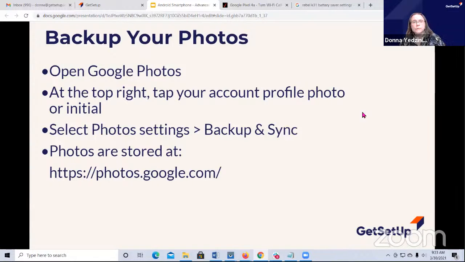You need to make sure you have a setting set on Google Photos to make sure that you're backing up to Google Photos. We have an excellent class, by the way, on Google Photos. I had someone in this class take it, but her photos still weren't backing up until she came to this class and found